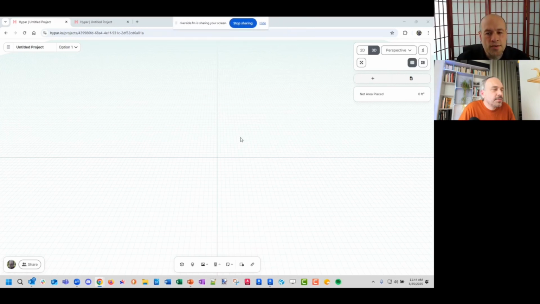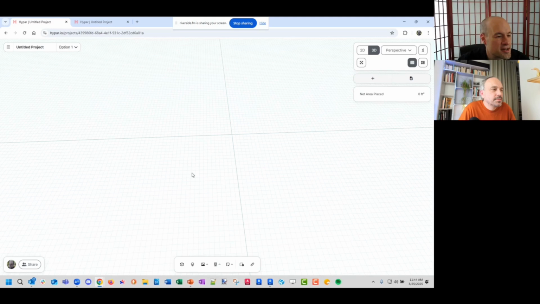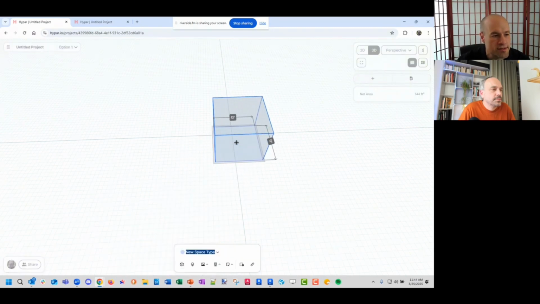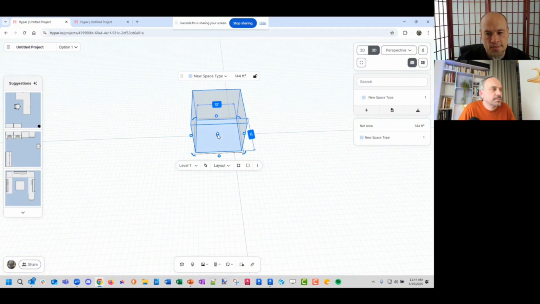Okay, so when you first open Hypar, you have what you have in a lot of AEC applications, which is infinite fields, show us your genius. What we tried to do here is to make it as easy as possible to get going. So the toolbar on the bottom essentially is, I want to add things to the model, and our basic unit of delivery is a single space.